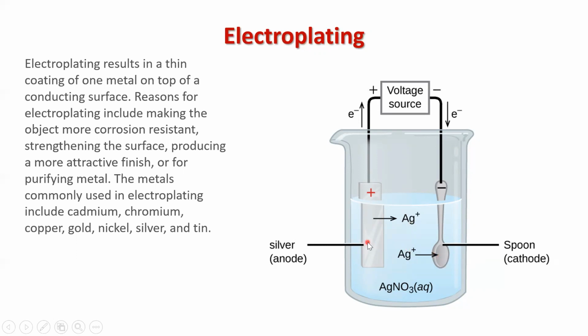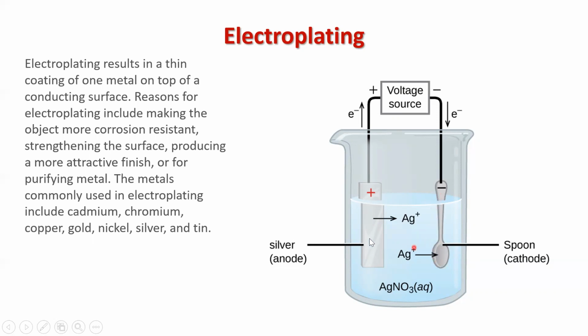What would happen is the silver metal in our anode would lose electrons and become silver ions in the solution. The electrons would flow over to our spoon. The silver ions in the solution will absorb those electrons and become silver atoms, and the silver atoms will plate